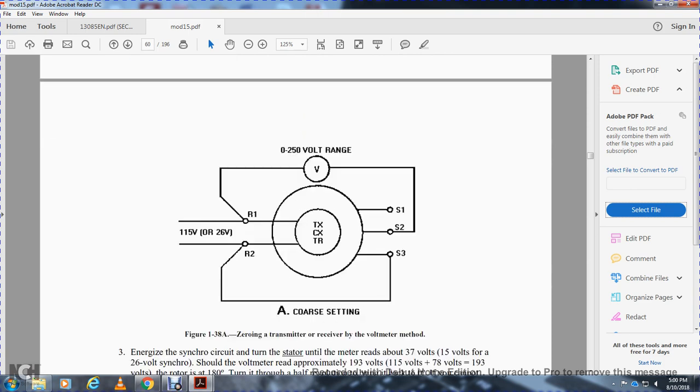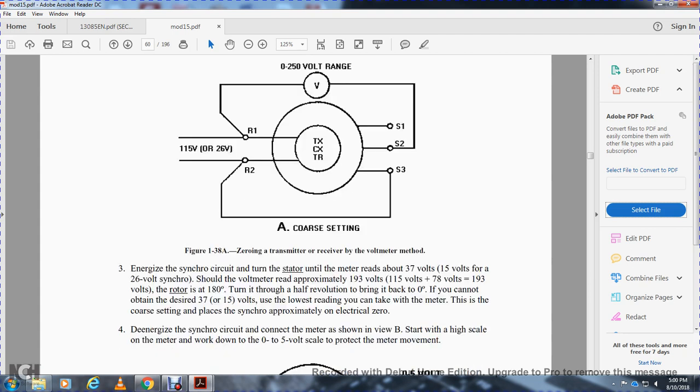Alright, figure 0 to 124: the voltmeter and resistor 1, with rotor 1 on a line with the torque transmitter, control transmitter, and torque receiver. Apply 115 volts or 26 volts for rotor 1 to go to stator 1 and stator 2, and rotor 2 to stator 3. Energize the synchronizing circuit and turn the stator until the meter reads